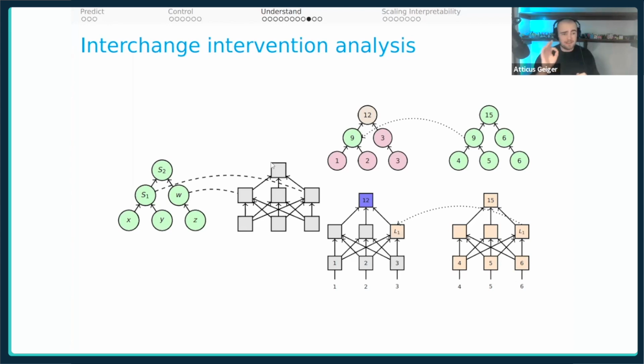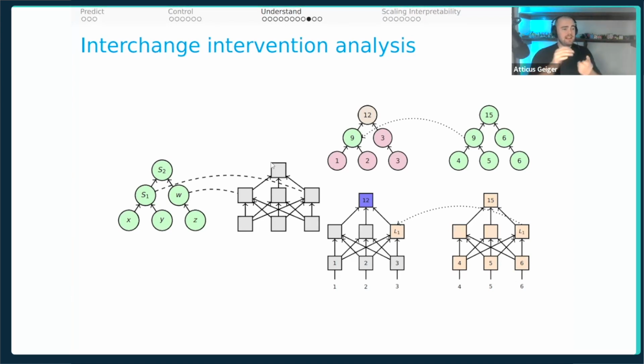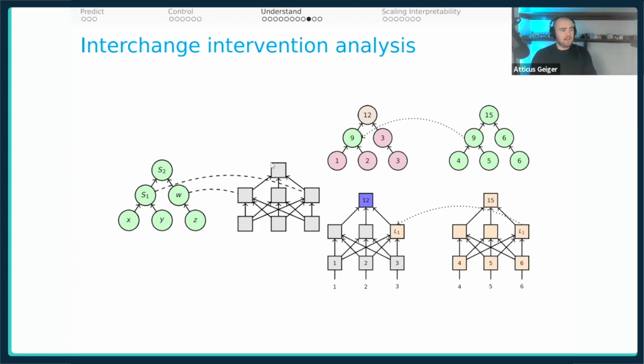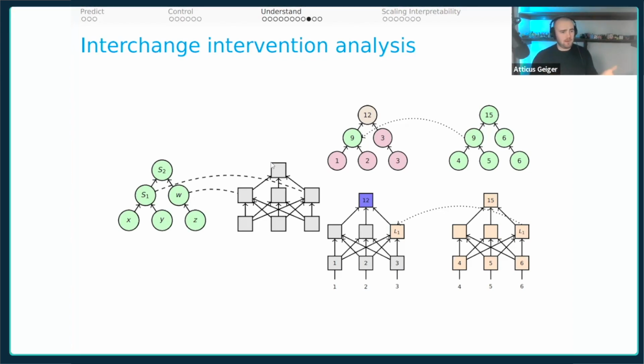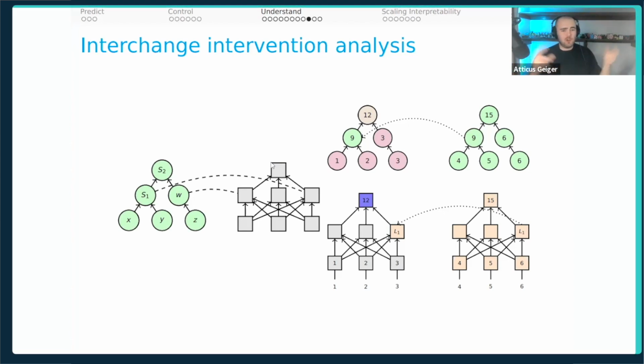And so this is just one example of an intervention, but aggregating these interventions, say, taking any pair of examples, doing this intervention at the high level and doing it on the black box system as well, then we can quantify the correspondence on average between our hypothesized structure and the actual underlying low-level black box system. And so this is the sort of workhorse of all of the research